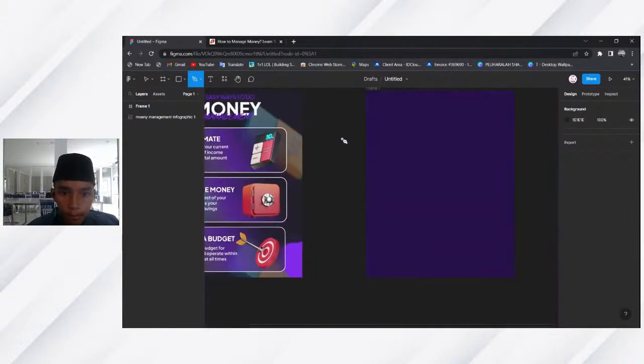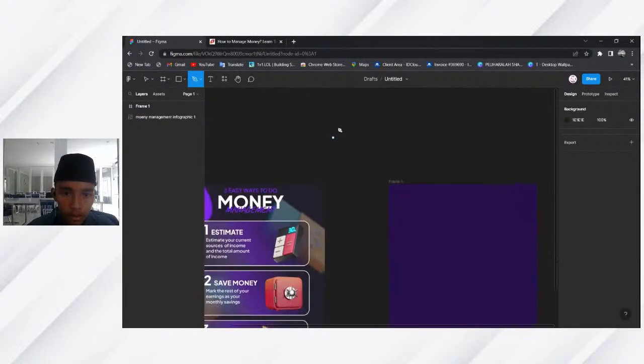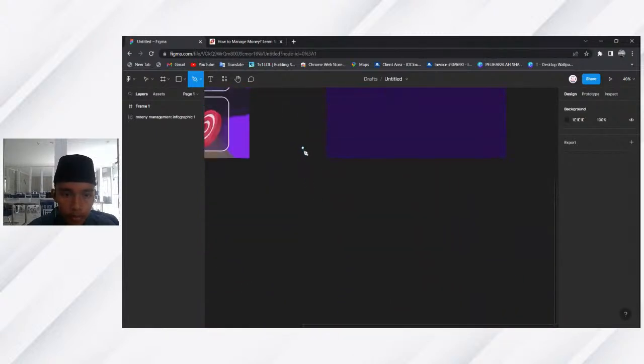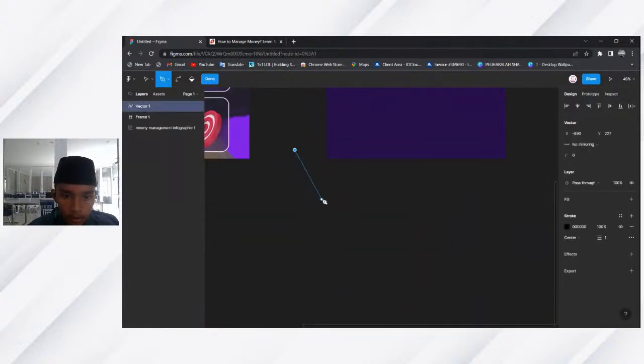Use the pen tool, and then just click here and all the way here and make a curve. Wait, that's wrong. Make a curve, and then just connect all the lines, and done.